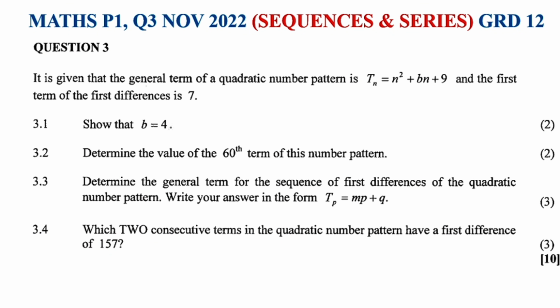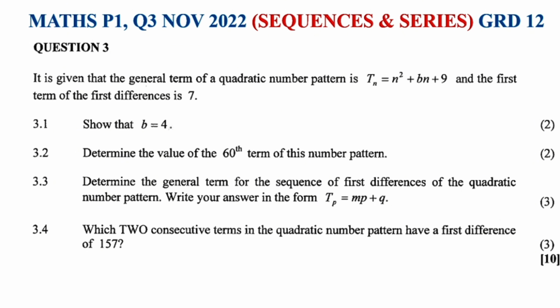Welcome to Maths Paper 1, Question 3, November 2023, Sequence and Series past paper. We are given a quadratic general formula pattern, Tn = n² + bn + 9, where the first term of the first difference is 7. We are required to prove that b is equal to 4, and then also find term number 60 of the pattern, and the general formula of the sequence of the first difference of the quadratic